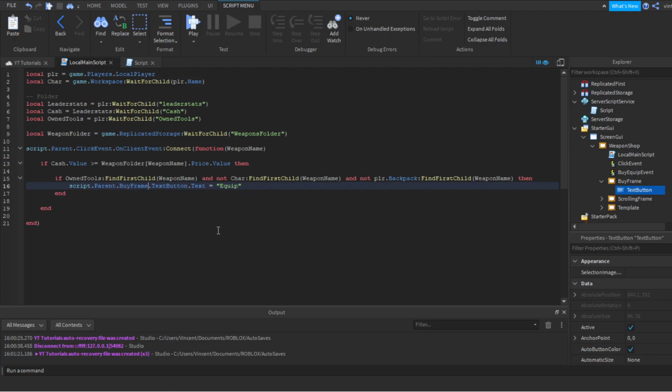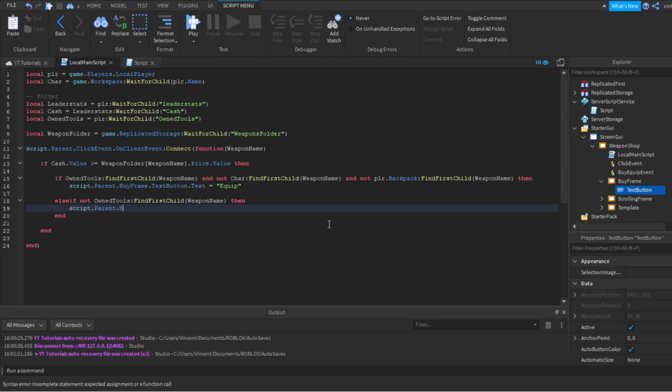Then the script text should be equal to equip. Else, if not own tools find first child weapon name, then script.parent.byFrame.text button.text should be equal to buy. Now we're going to check another time, else if own tools find first child weapon name and